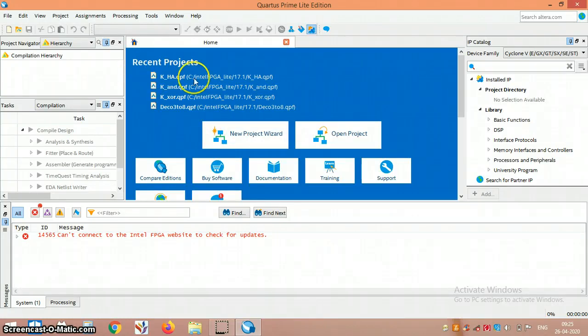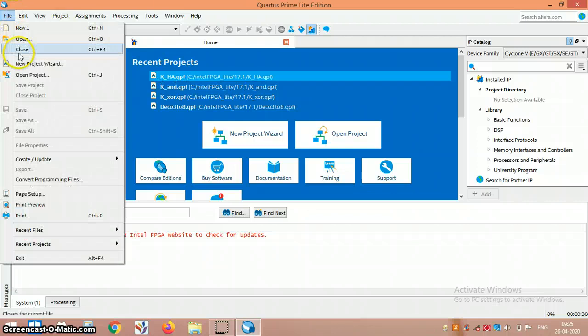Now this is the video regarding the half adder program that is made by using a method that is known as structural. We have done the behavioral and data flow type half adder. Now we can go for the structural method half adder. In any type of half adder we need to have XOR gate and AND gate.